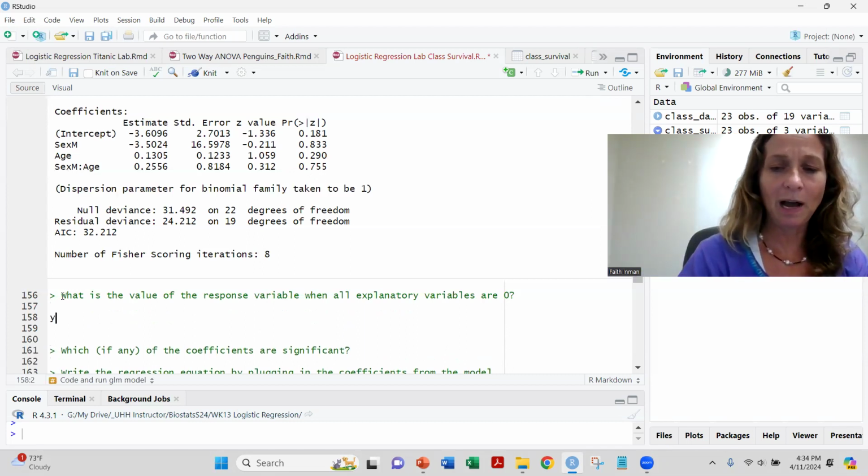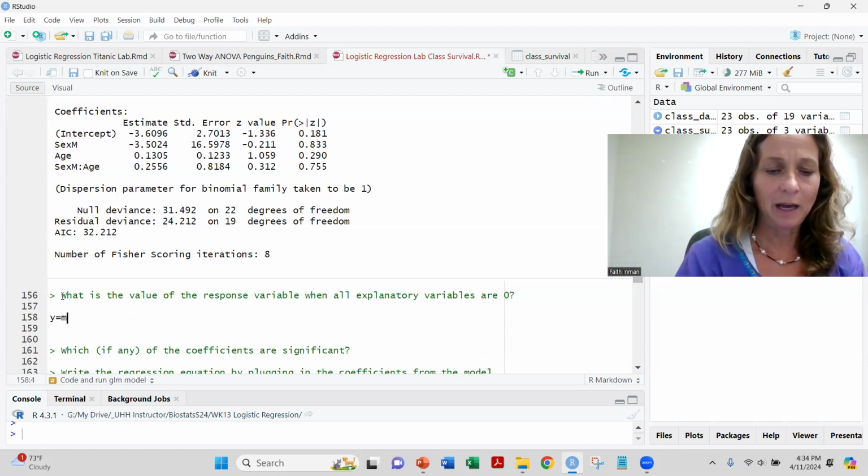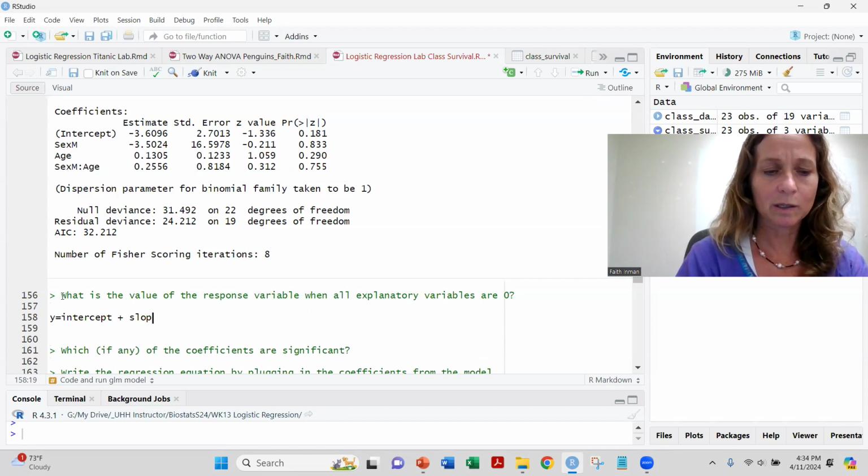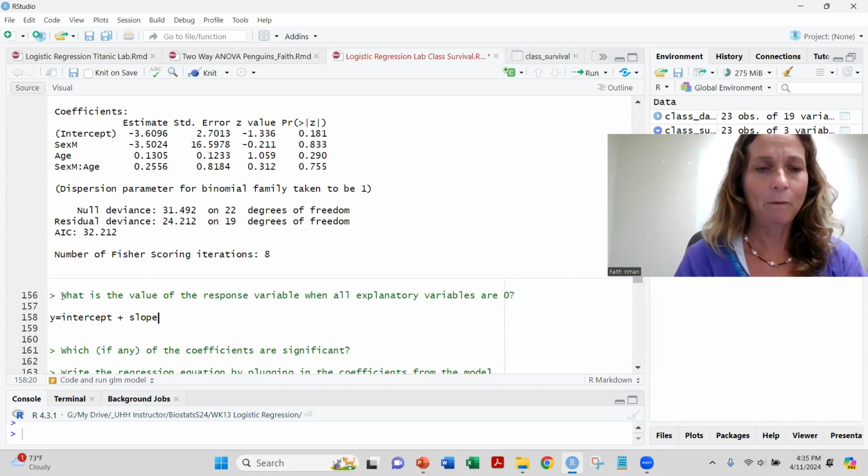We know that y is equal to, let's write it out, intercept plus slope 1 times whatever value of x1 plus the slope of your second variable,